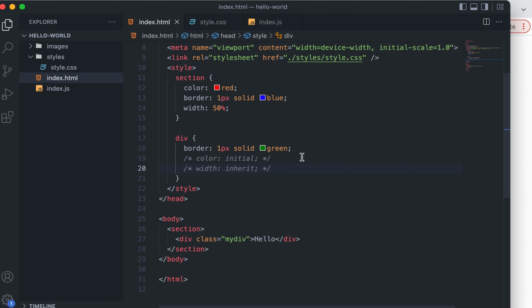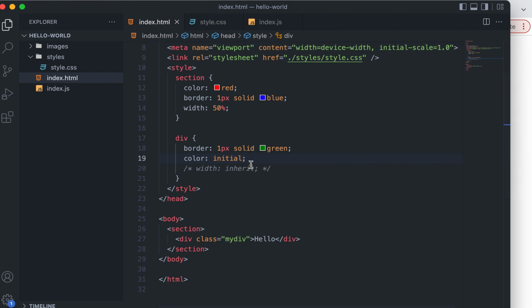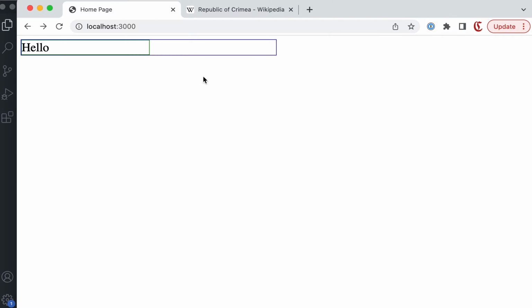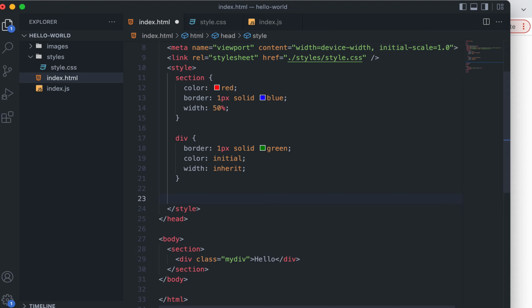The first thing I did was that I inherited the color, and that's why this thing is becoming like this. And if I also inherit the width, then the width is also half and the color is not inherited, right? Now we discussed that if we want to go back to the initial state,